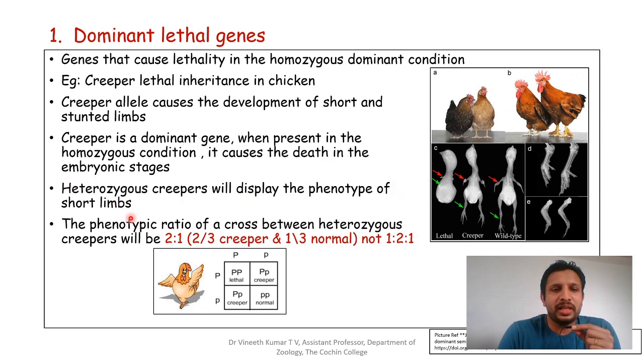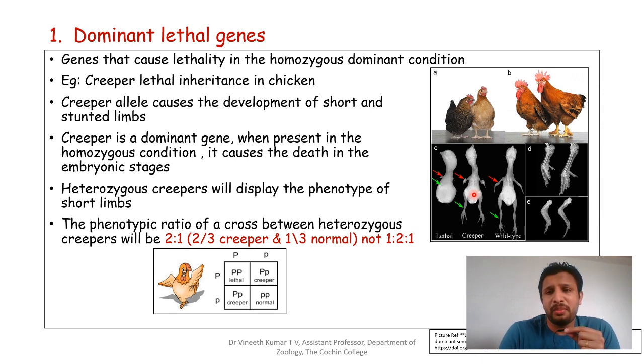The heterozygous display the phenotype. So you can see this here. This is an X-ray image of an embryo, which will not develop further. It will die in the embryonic stage itself. You can see the limbs are very poorly developed, or you can say that only the limb buds can be seen. As a result, it will not complete its embryonic development. It will die in the embryonic stage itself, and this is what is called a lethal one, which is homozygous dominant. When it is heterozygous, you call that a creeper, because that is the one which we see